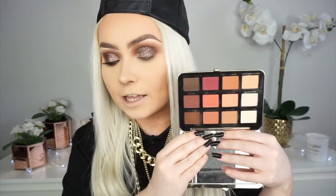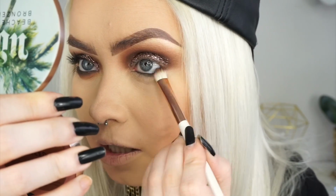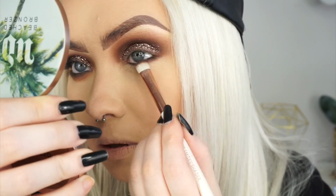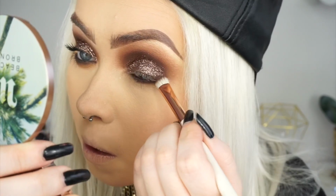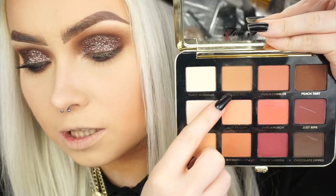Going in with the Too Faced palette again, I'm going to be taking, let me see. Yeah, so I'm just going to take that dark brown shade, just the Peach Tart. Just trying to get this shade just as tight to that lower lash line as possible. And I'm just going to go into that first shade that we...